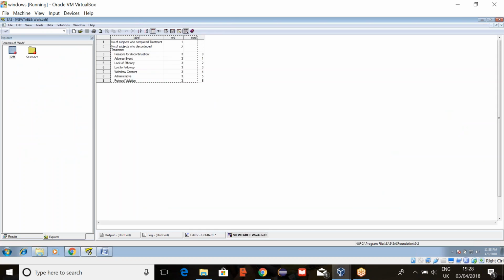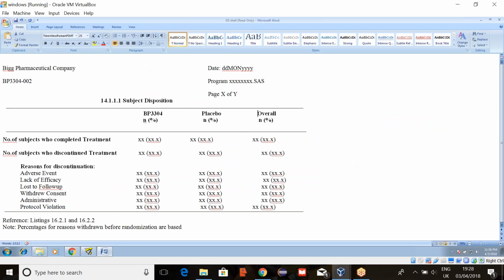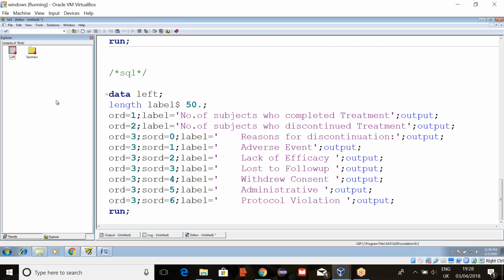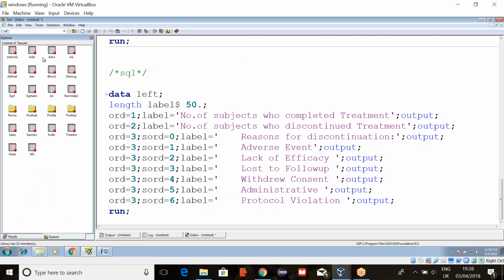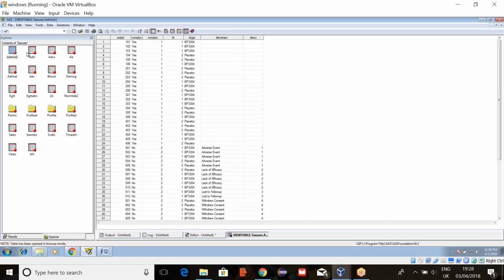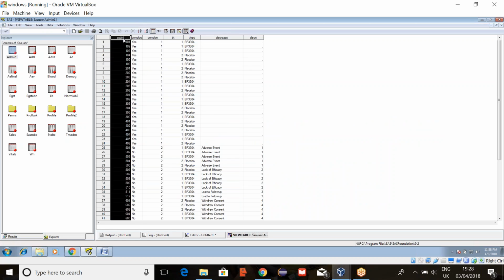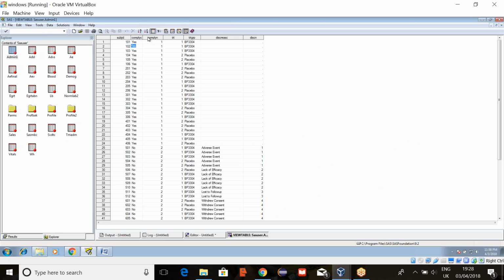So now here see, did we get this left hand side part? Okay, now we need to create the right hand side part, and also here overall is there, but in the original data set we won't have the overall column. This one we have to generate by using the admin data set. So here subject ID, completion flag is there, character version and also a numeric one. So if it is Yes, it means number of subjects who completed, and the numeric is 1. If it is No, it means number of subjects who discontinued, and 2. Wherever No is there, you will find the discontinuation reasons.